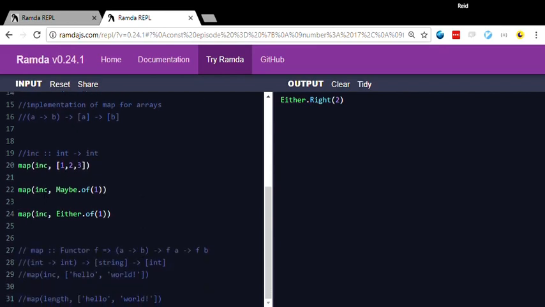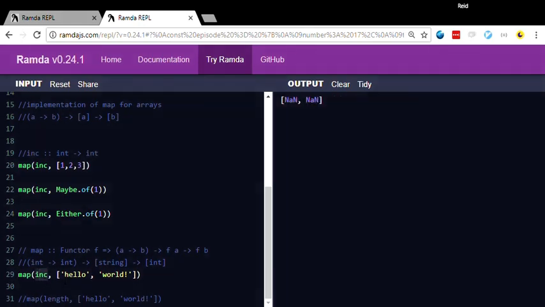One thing to note is that in all three of these cases we're using this increment function, which takes an integer and returns an integer. That's perfectly fine because we have an array of integers, a maybe of an integer, an either of an integer. But keep in mind what map is here. If we try to map the increment function over an array of strings, we get this goofy thing. And in fact, if JavaScript was more statically typed, this would just not compile. Because basically what we're saying is